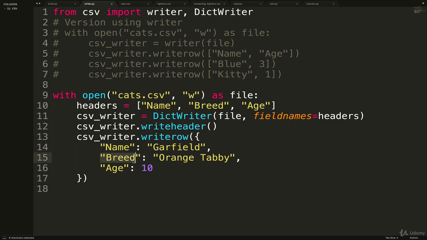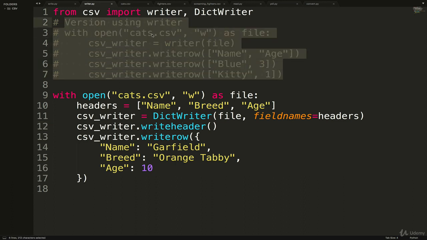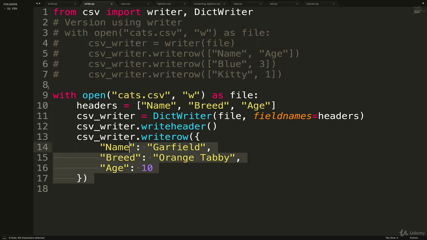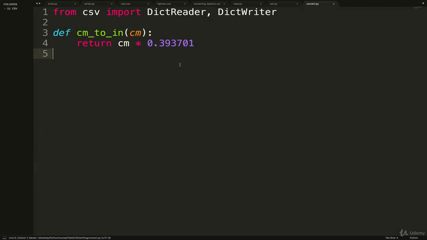This can be nicer if your data is already in a dictionary, which a lot of the time you might be working with dictionaries. This is very easy to write data. It really just comes down to personal preference. Using writer usually means less code. Using dict writer usually means being more explicit in your code, being easier to understand. Just a preference. So, one more example of using dict reader and dict writer together.